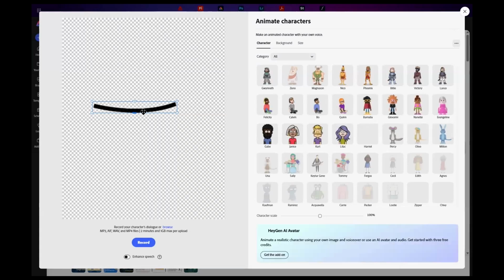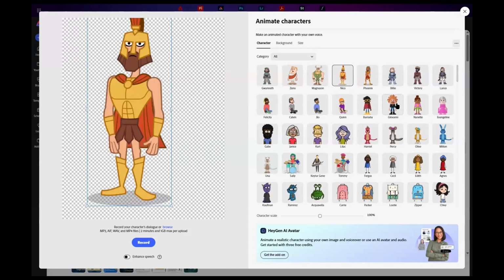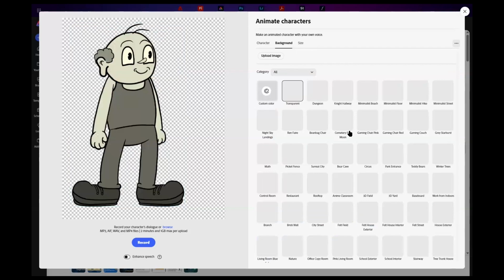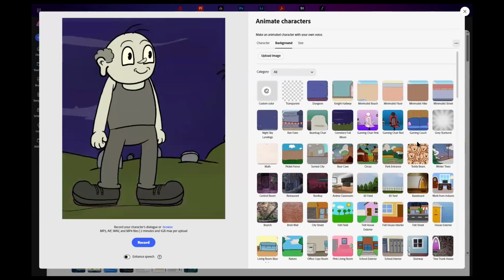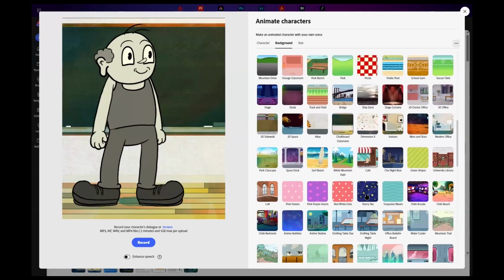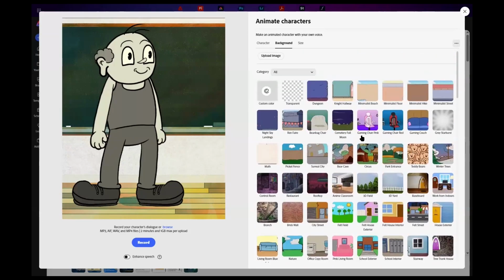You can tell which one I use quite often, and that's just the mouth. But you have various characters already created that you can go with. You also have different backgrounds that you can choose. A lot of these are definitely more cartoonish, which works great for a welcome video or maybe something to catch their eyes, about 2 minutes of just one interesting fact. Nothing that you would necessarily want to use as more of your informational piece